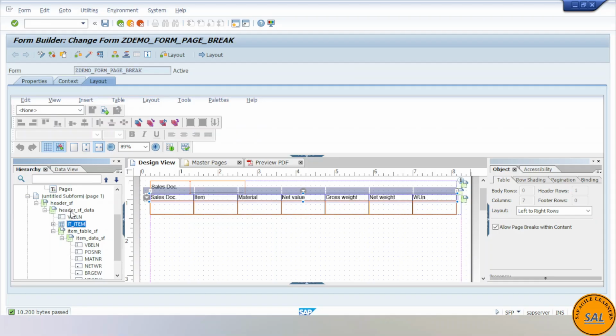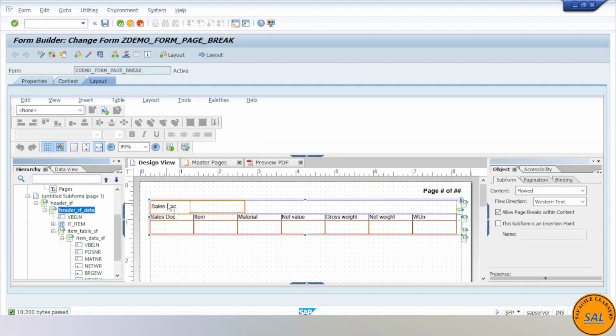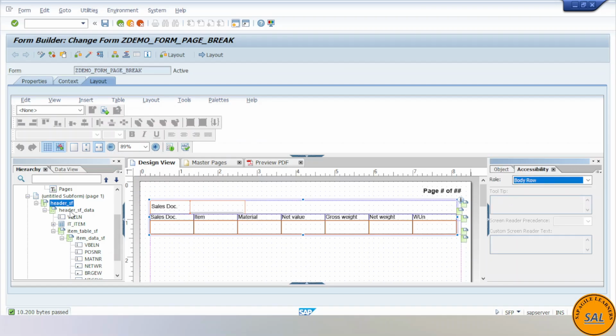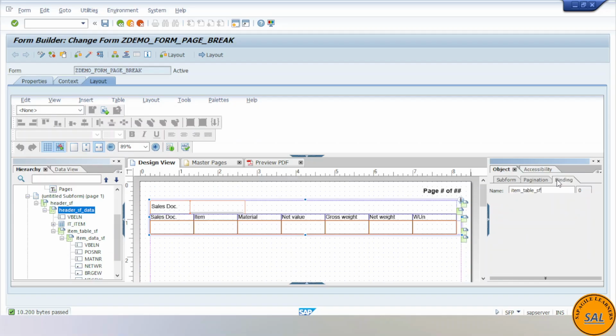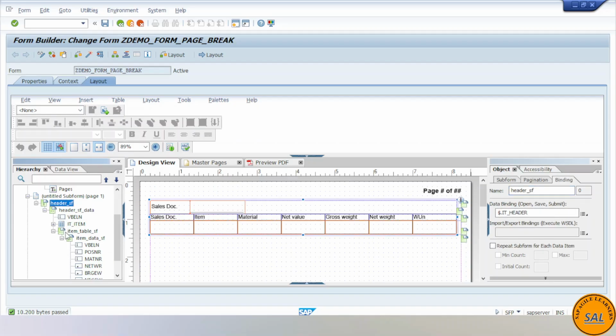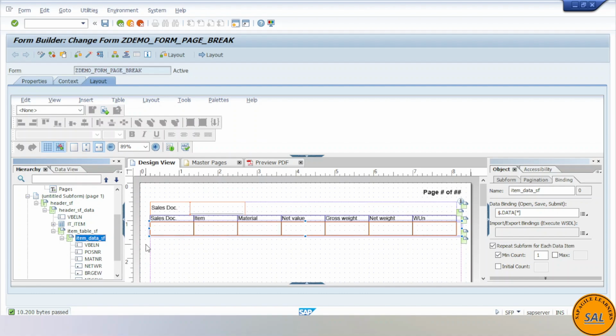And then we have the header subform data and the other header subform data for that looping thing, like body row is there, and then again body row it is there, and we had bindings here, and then again we had a binding IT underscore header, and then we had a binding at item table, and then item table data. So this is how you can develop your Adobe form,